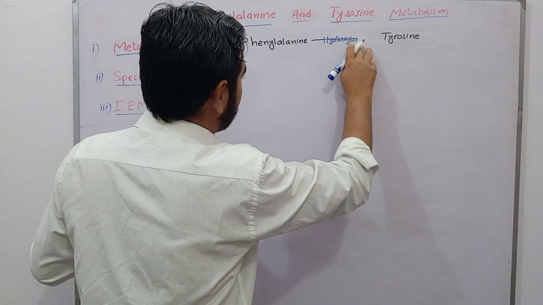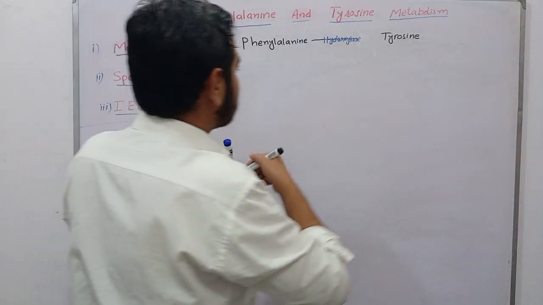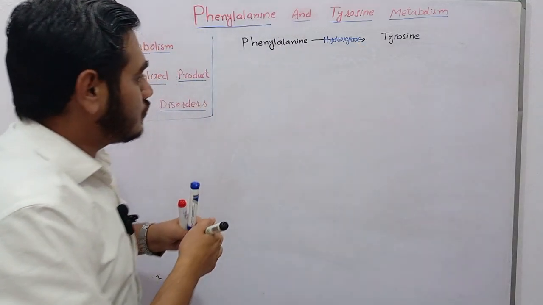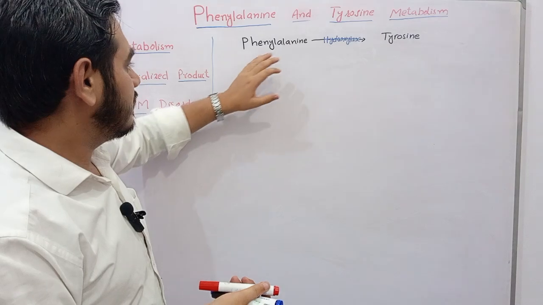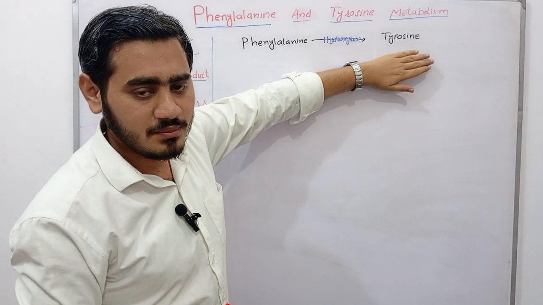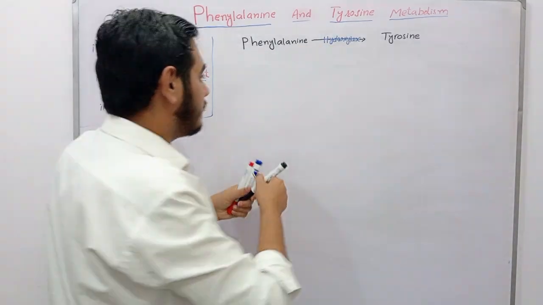Phenylalanine hydroxylase enzyme is an important enzyme. So in this reaction, the phenylalanine converts into tyrosine by the action of phenylalanine hydroxylase enzyme, and